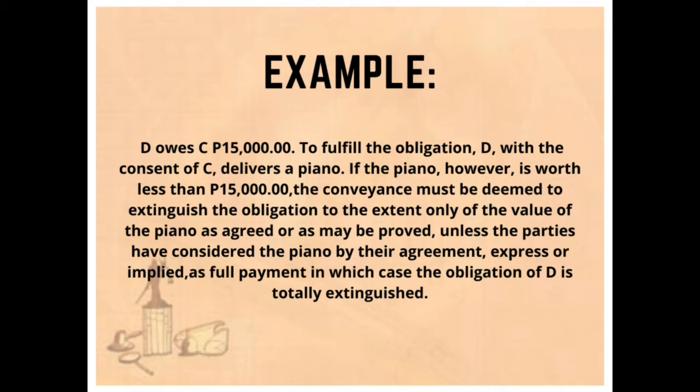So, ang ginawa niya, imbis na 15,000 na money yung ibayad niya kay C, yung piano na lang niya. Pero, it is worth less than 15,000 nga. Pero pwede nila, ang mangyayari doon, pwede naman, kung nasa agreement nila na full payment na yung piano na pambayad doon sa monetary debt, then pwede naman. If not, kung wala sa agreement nila, kung ayaw ni C na full payment yon,